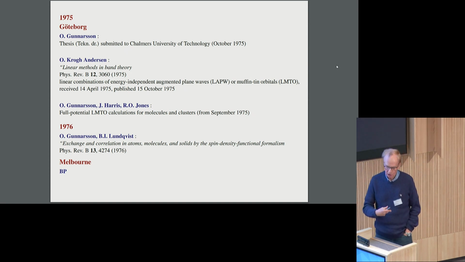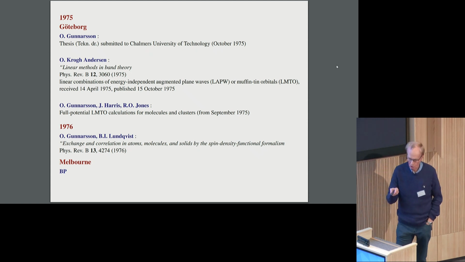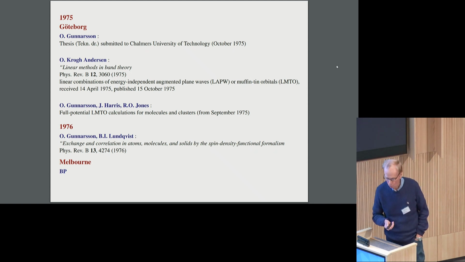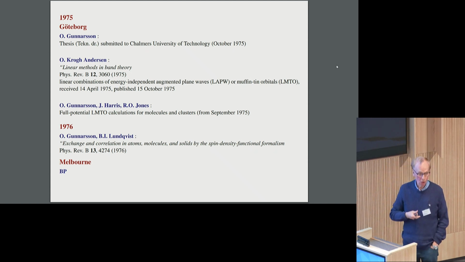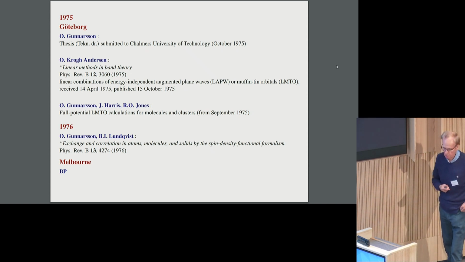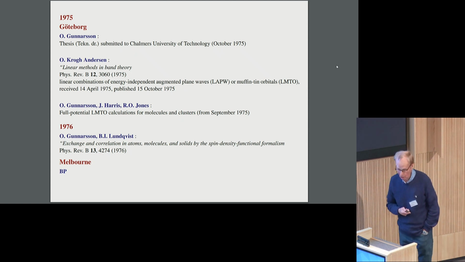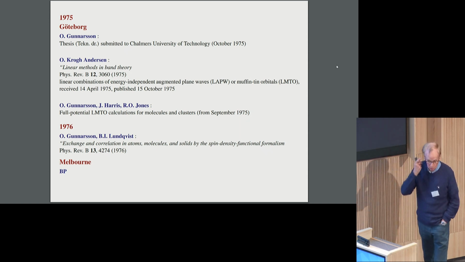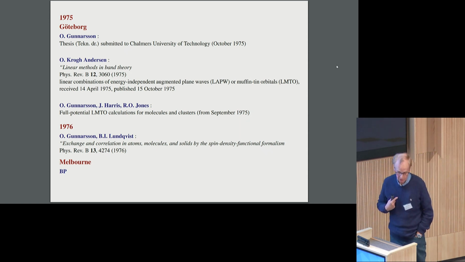And we talked a lot. His thesis advisor, Bengt Lundqvist, was in Aarhus. And we talked a lot about density functional theory. But very important for the way we proceeded was that he told me about the new methods of electronic structure calculation that had been developed by Ola Krogh-Andersen in Lyngby. And I'd not heard of these. These were not published. They were not even submitted at the time.